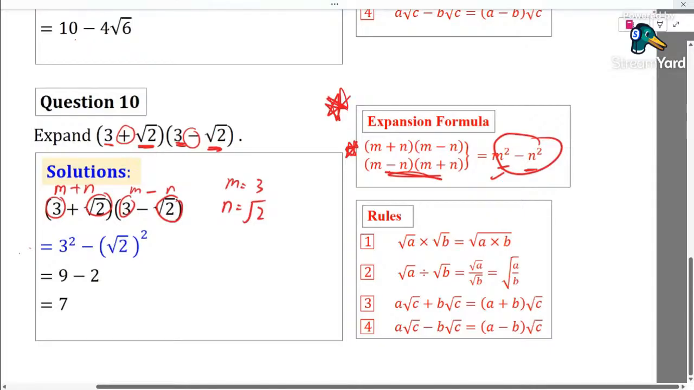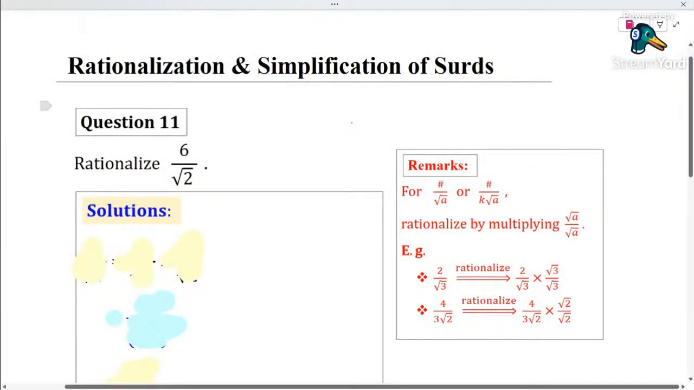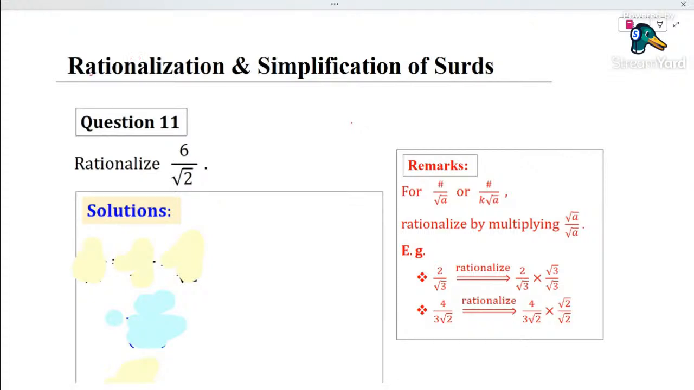Clear? Okay, I go on. Next, I want to discuss rationalization and simplification. First of all, let's talk about the word rationalization. What is rationalization? In simple words, if you have a fraction term, something over something, the idea of rationalization is that at this denominator part here,